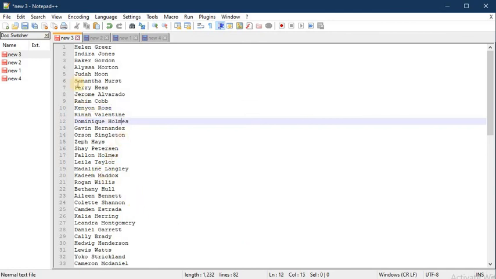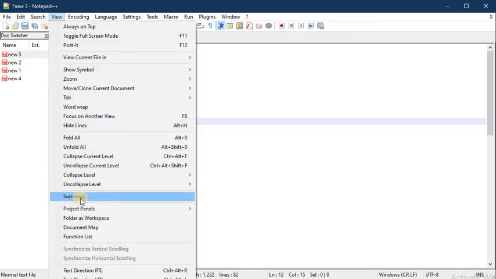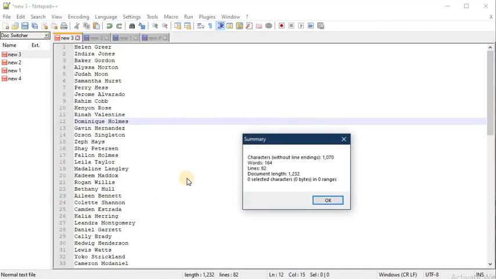To get the number of words and all other summary information, go to View and click on Summary. In this way you can get the characters without line endings, words, lines, document length, everything. This is very useful when you want to count words in any paragraph or something.